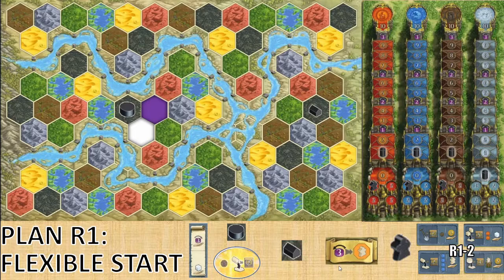You want to build your sanctuary round 2, and that's what you're going for. So with the flexible start, you have some presence in the cult, you send 1 priest on the cult, not crazy like the cult focus one, but you send 1 priest on the cult, and you do your temple and prepare for your sanctuary in round 2. That's really what it is about. Okay, so